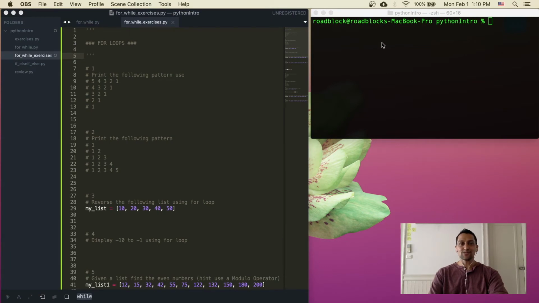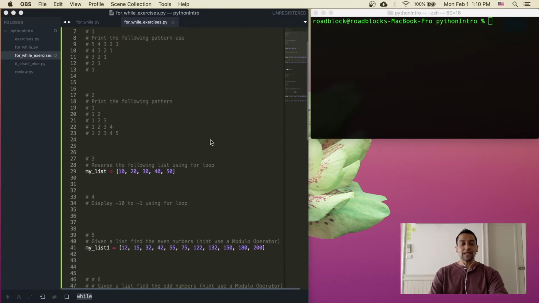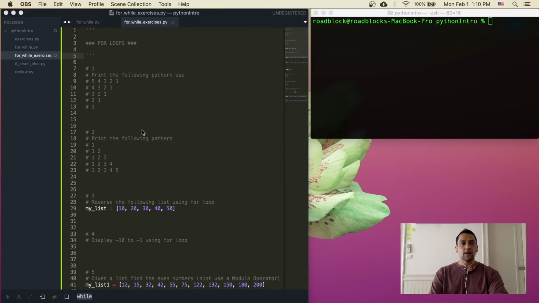Welcome back to another coding session with Spot Skills. ผมชื่อสุนิลครับ วันนี้เราจะทำการบ้านกับ exercises กับ for loops และ while loops ครับ มีประมาณ 5-6 การบ้านของ for loops